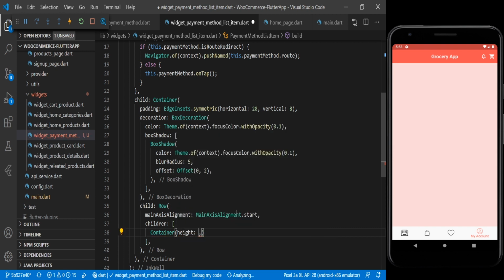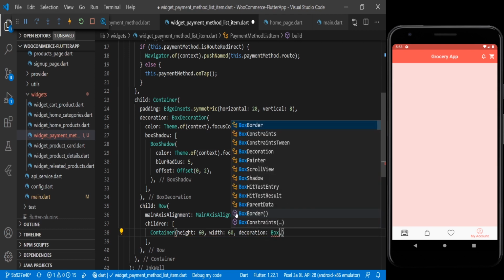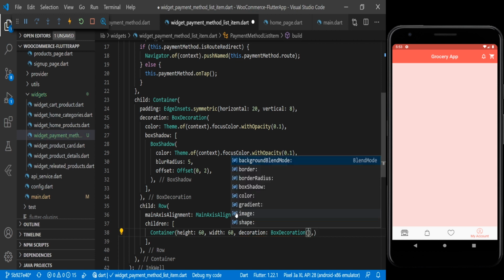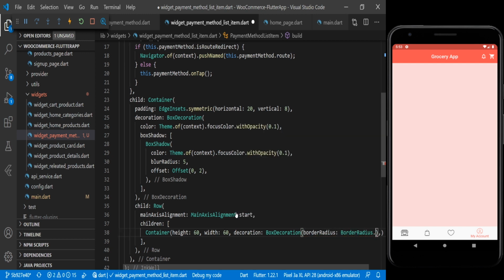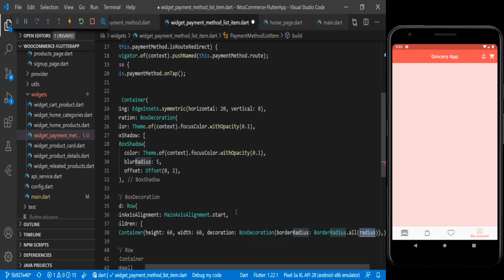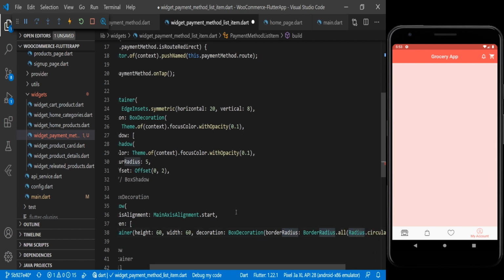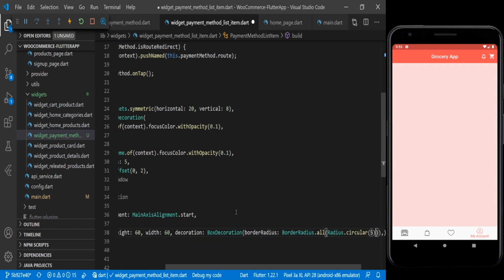Then we have a height, and the height we are using here 60, and for the width also we are using 60. Then we have a decoration here, and here we are using here box decoration. Then inside that we are using here border radius, and we are using here border radius dot all radius dot circular, and we are using here 5.